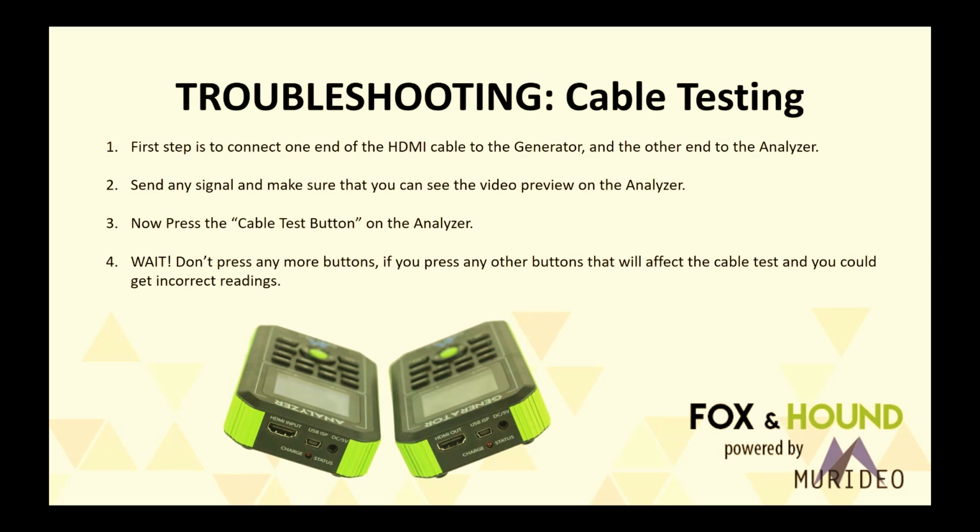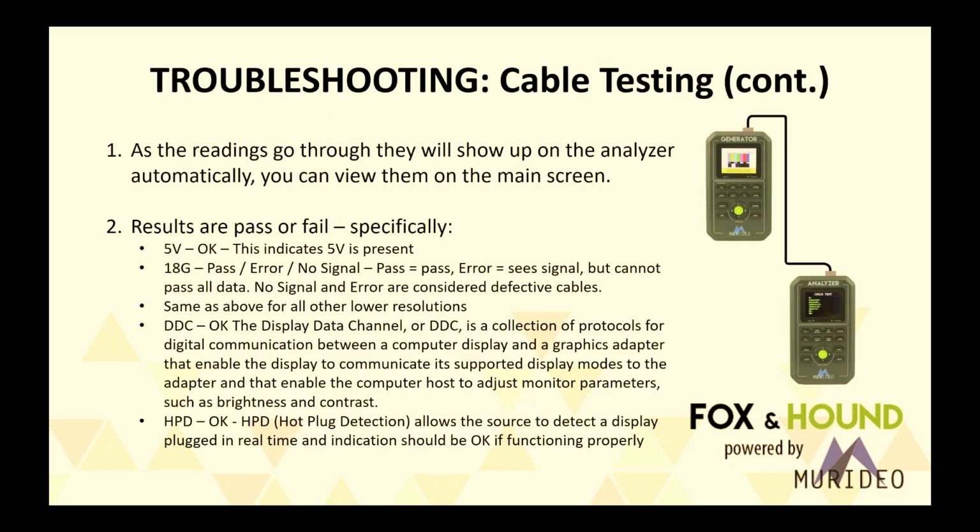So what we do here is, to get this set up, we send a signal through the cable. We connect the cable between the generator and the analyzer first. We send a signal through the generator to the analyzer, any test pattern, just to make sure we have connectivity. And then we press the cable test button and we stop. This will take us through a complete test that you can read here. We test the 5 volts, we test from 18 gig on down to lower resolutions. We check the DDC channel. This is what carries the EDID information. We check hot plug detect, see if that's working. So we fully test the cable before you have to install it in the system. And when you're on-site troubleshooting and you suspect a cable, instead of swapping it, test it. And then you're 100% dead nuts on